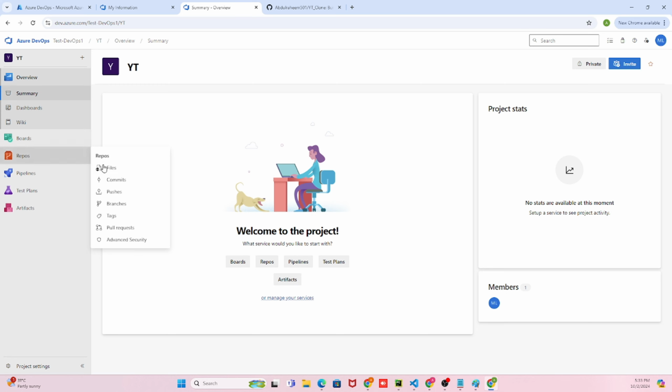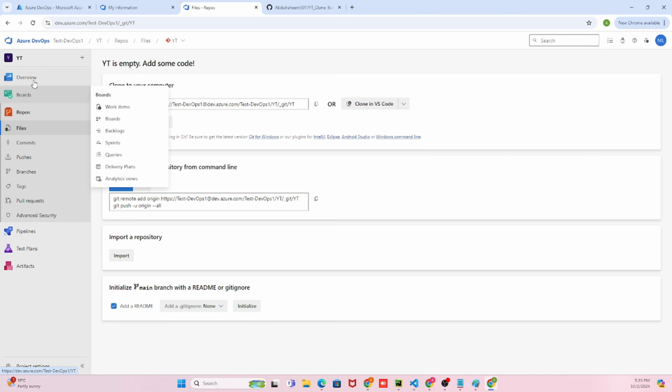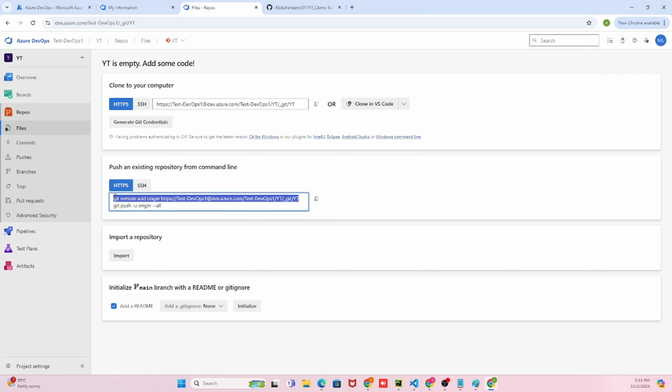Now as part of this demo, we'll only be messing with these two, repos and pipeline. We won't be touching these. Okay, so here as you can see, the repository is empty. It's giving us a link to push the repo here. Let's copy the URL